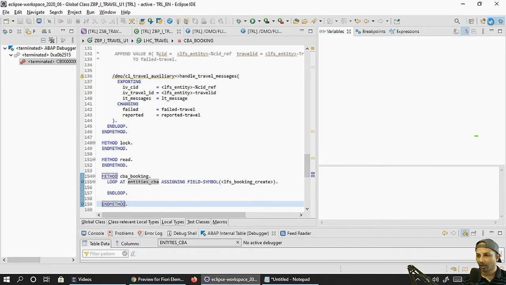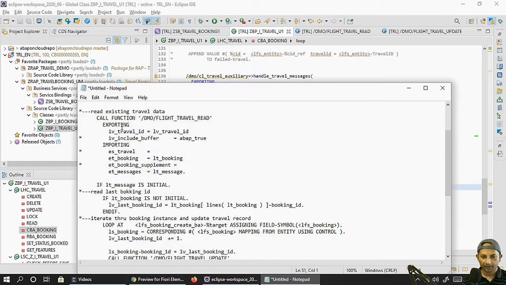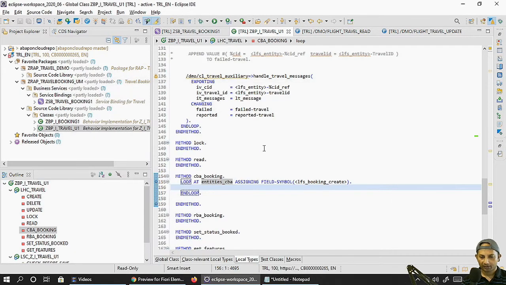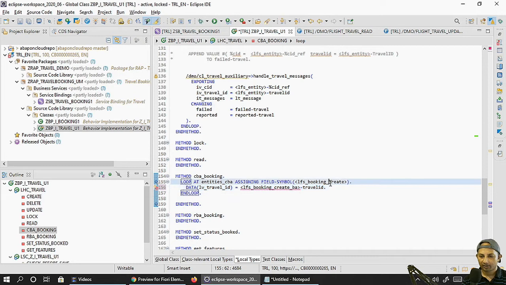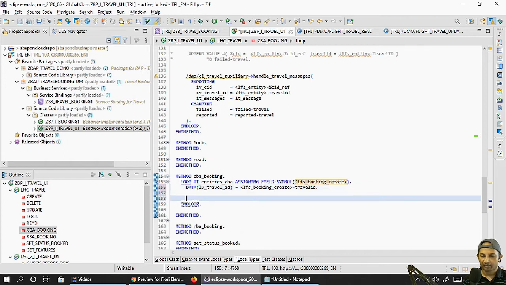So let's go back to the ABAP perspective. We are looping through this, and first we have to get the data. So let's go to my code snippet. What we'll do is take this travel ID from here, so let's paste it. I'm just copying it. The field symbol name was incorrect, so let's paste it. So this is the travel ID we have seen.